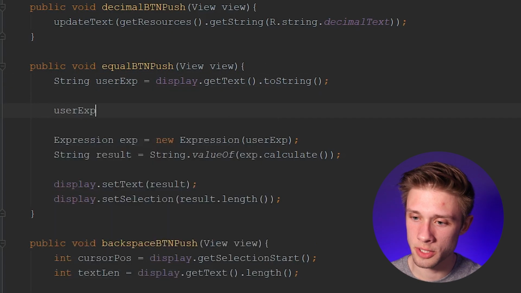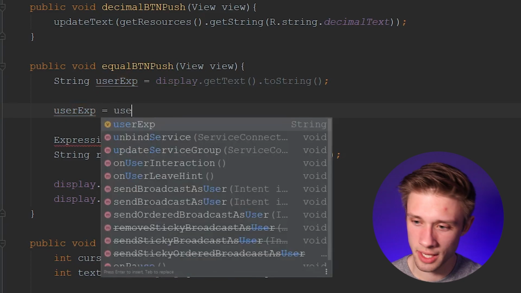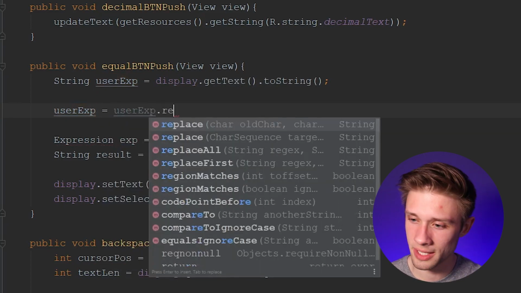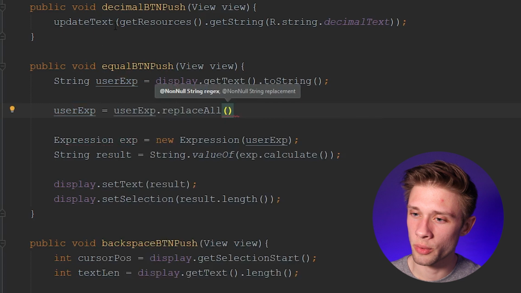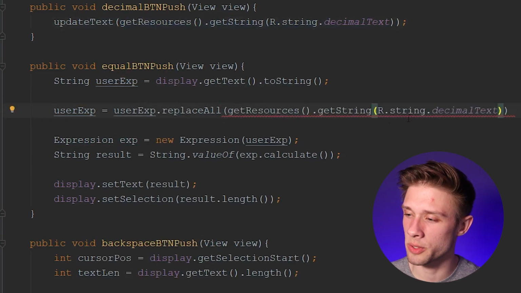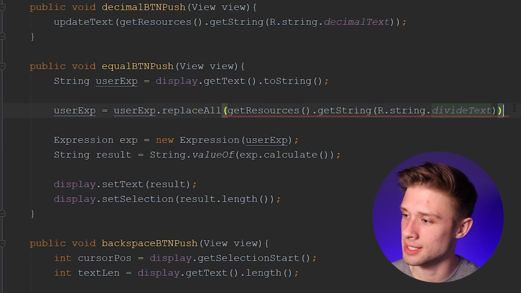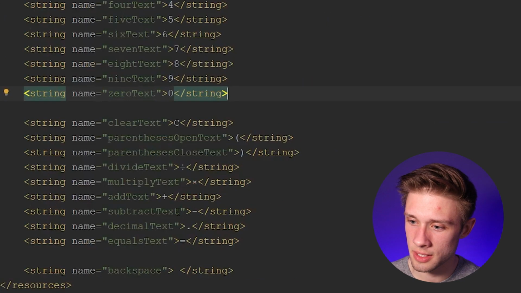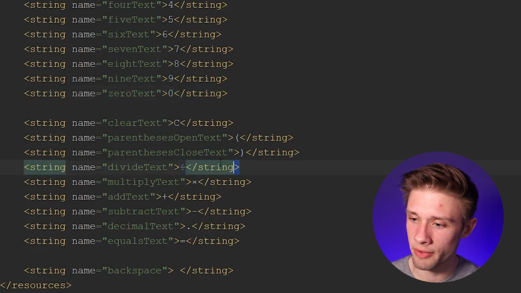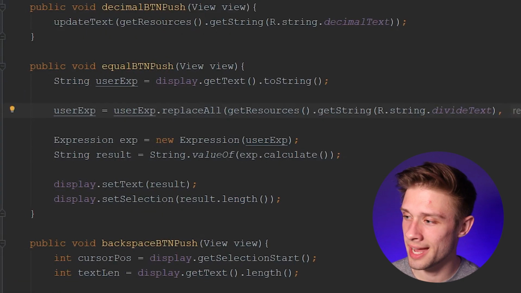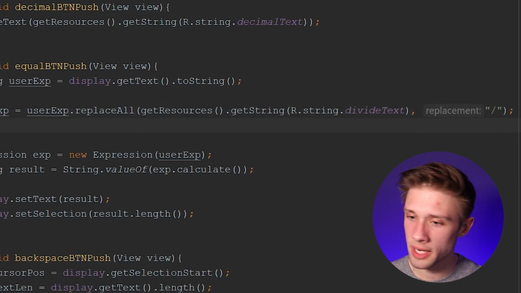So we can do this right after we extract our user's expression, and all we have to do is type in userExpression, and we're going to set that equal to userExpression.replace all, and we're looking for the division symbol we used in our strings resource file. So type in divide text, and that should give us this symbol right here. So our divide symbol. So we're going to replace all of these symbols with a /. And then we need to do the same thing for our